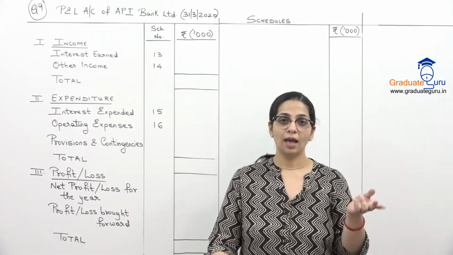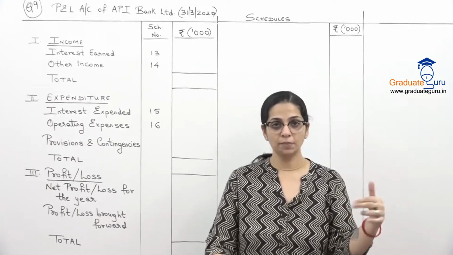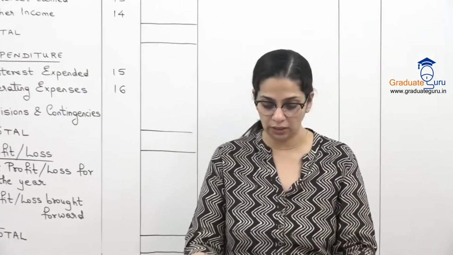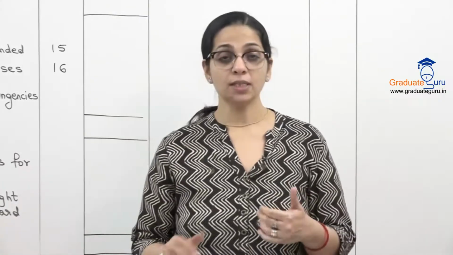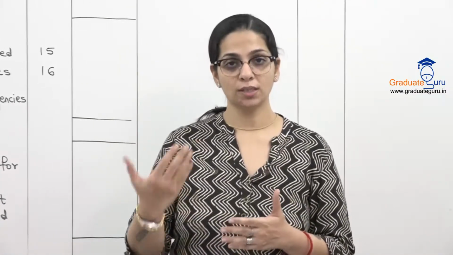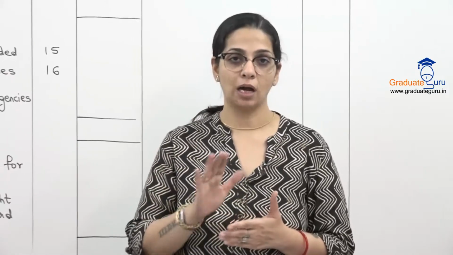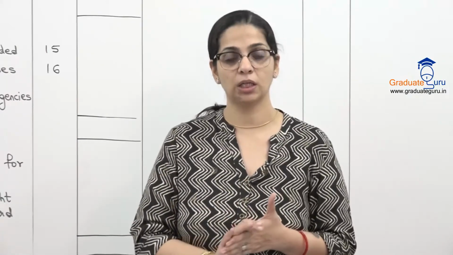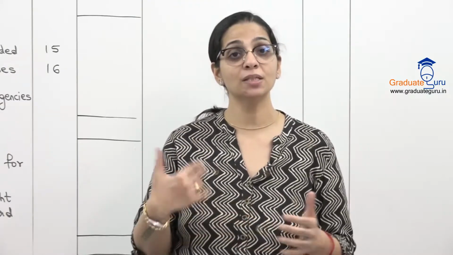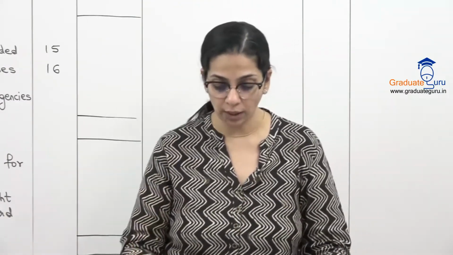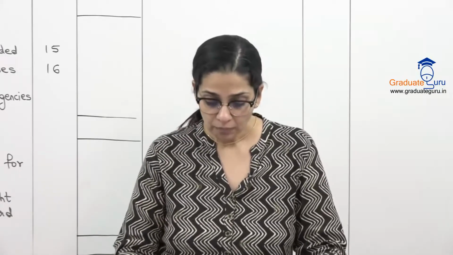Again this is a subsidiary income, secondary income of the bank, so schedule 14. Then now we have our payments. So interest paid on deposits. जो customers ने बैंक के साथ accounts maintain किए हैं, deposits रखी हैं, उस पर बैंक इंटरेस्ट पे कर रहा है. So this is their interest expended, which is schedule number 15.